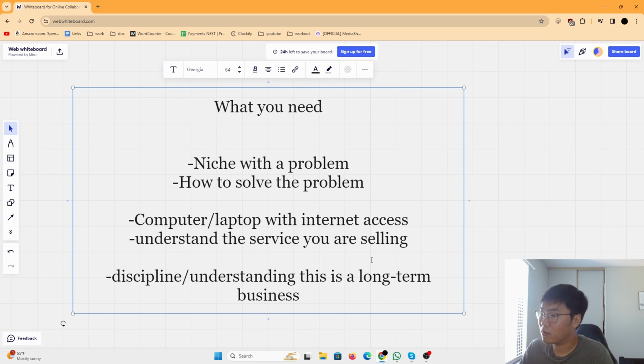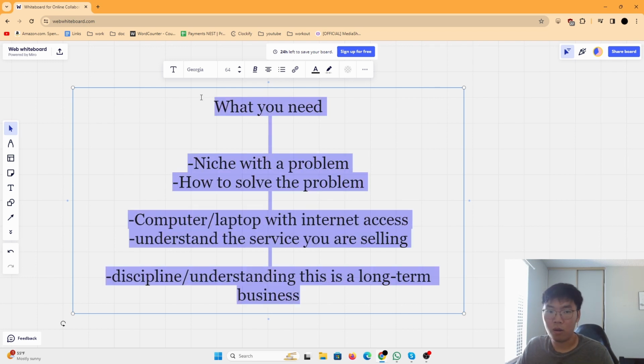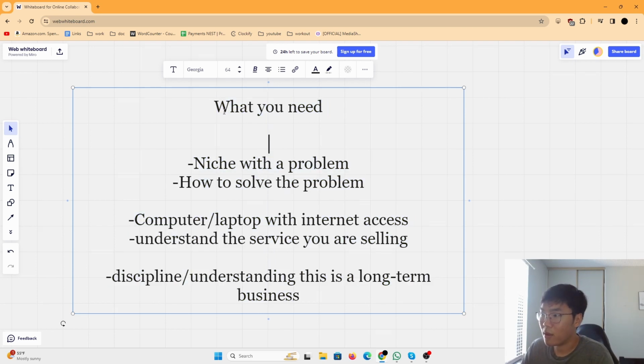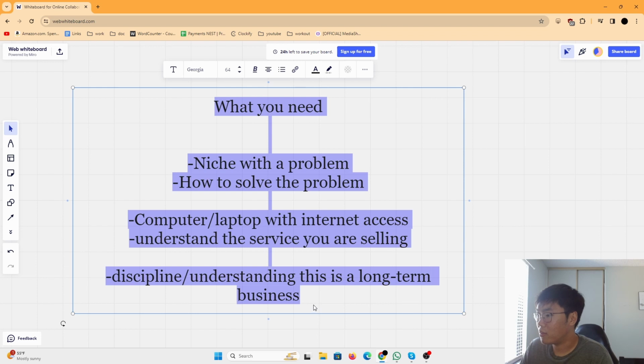You can't quit halfway through. Understand that this is a long process. Remove any of the emotion. But that's pretty much it. This is literally everything that you need. I mean, I can say you need Upwork or whatever, but some people might not use or need Upwork. So, yeah, this is pretty much everything that you need to start your own SMMA.